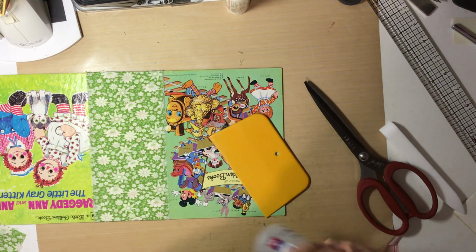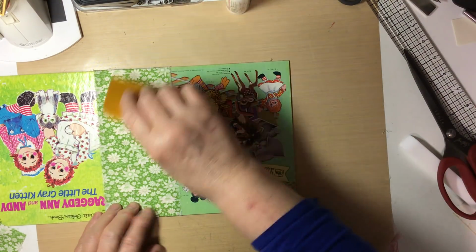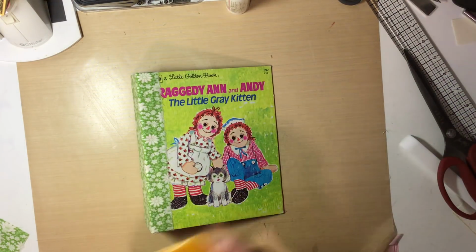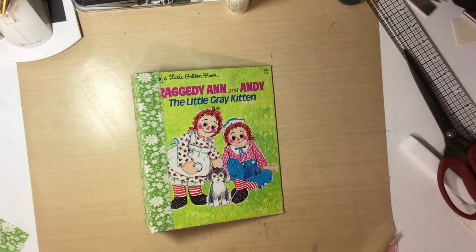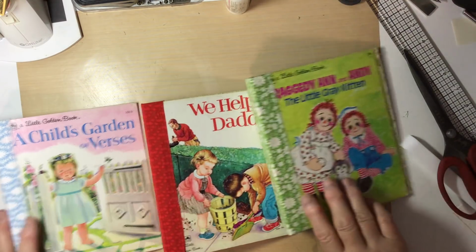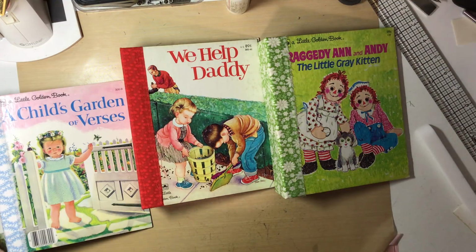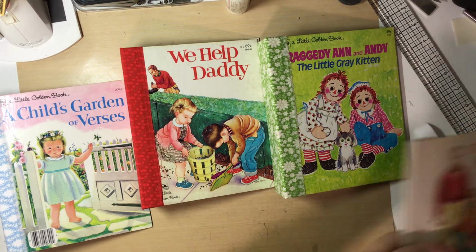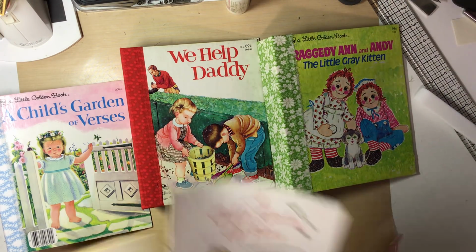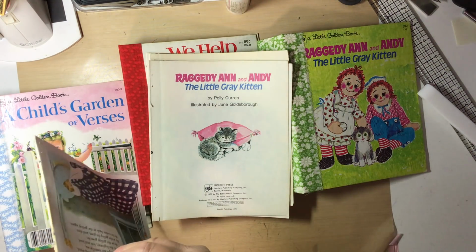Now we're going to let this dry, and let's choose some papers to work with to add to our book. That's the fun part. So we've got A Child's Verses, We Help Daddy, and Raggedy Ann. They're starting to look like books. Isn't that great? Okay, so we've got the pages themselves and A Child's Garden of Verses,